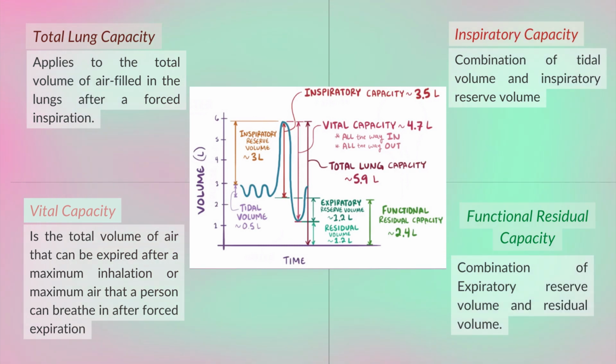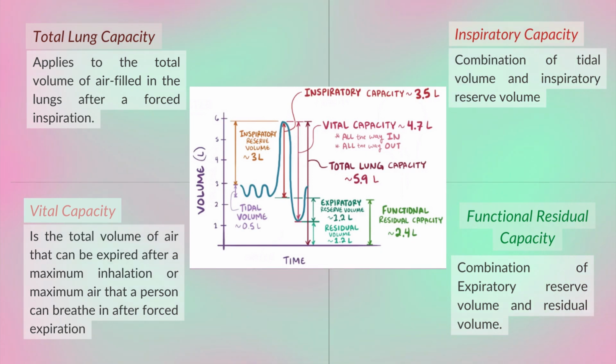Next, the vital capacity. Combining the tidal volume, inspiratory reserve volume, and the expiratory reserve volume will give us the vital capacity. This is an important measure of a person's respiratory health. A decreased vital capacity is an indication of restrictive lung disease, where the lungs cannot expand completely. In the case of normal vital capacity, the improper functioning of lungs indicates